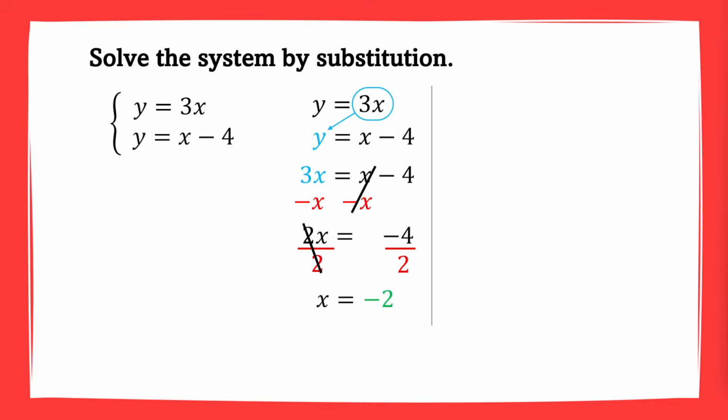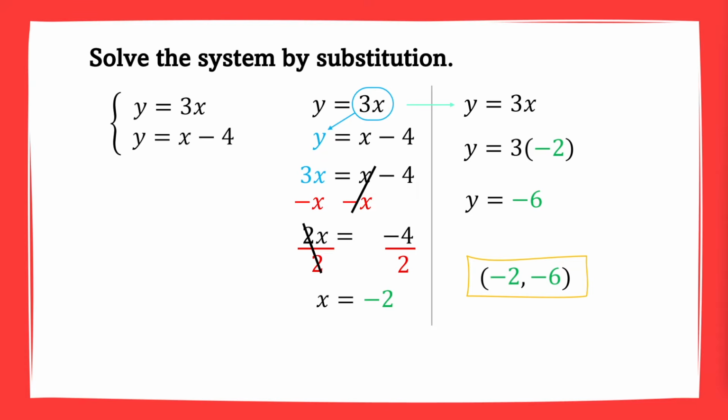Next, we solve for y using one of the original equations. Substitute negative 2 for x. y equals 3 times negative 2, which is negative 6. Therefore, the solution as an ordered pair is negative 2, negative 6. You can also check by substituting negative 2 and negative 6 into both equations in the system, and they should